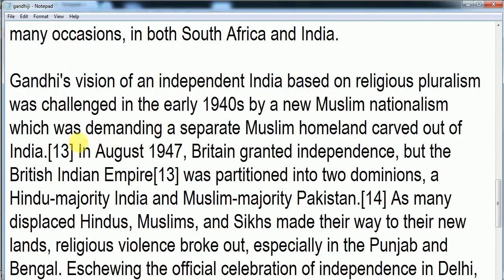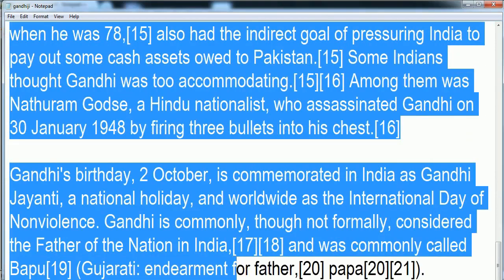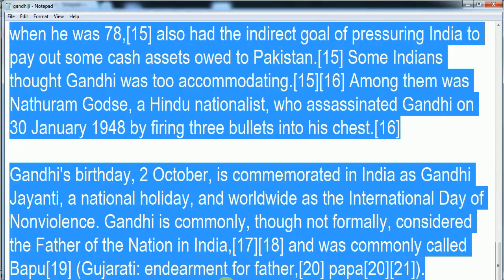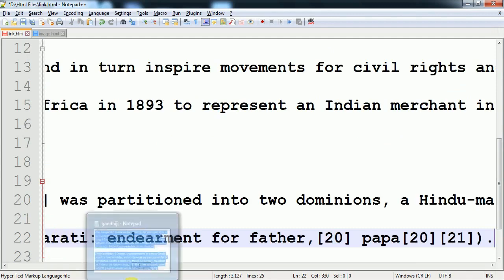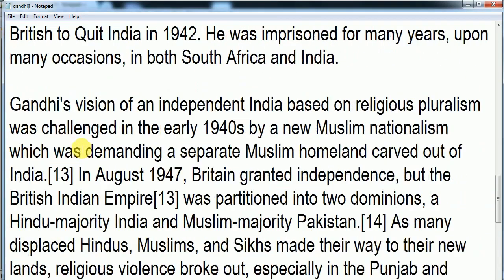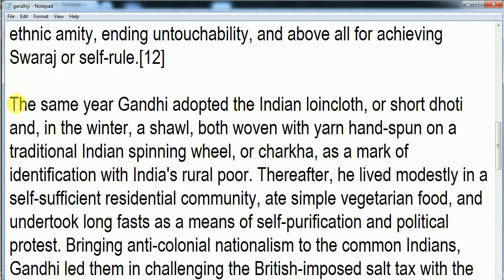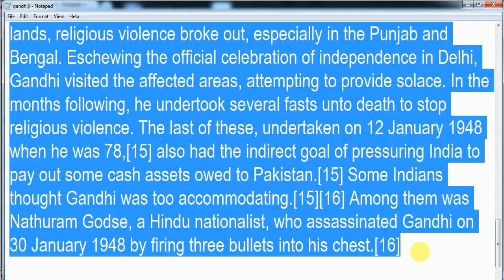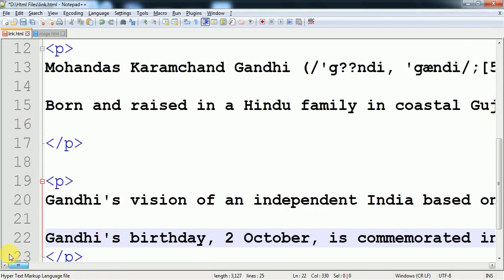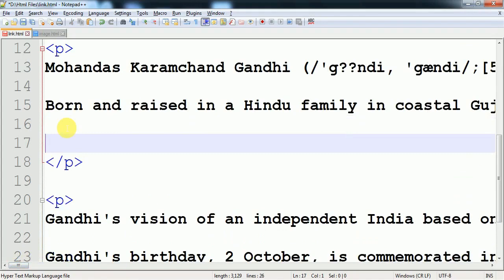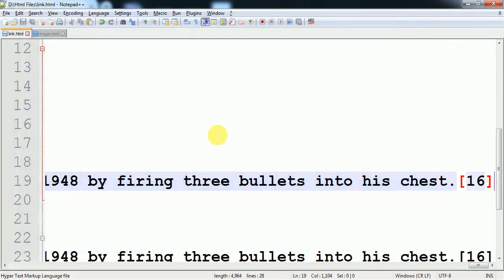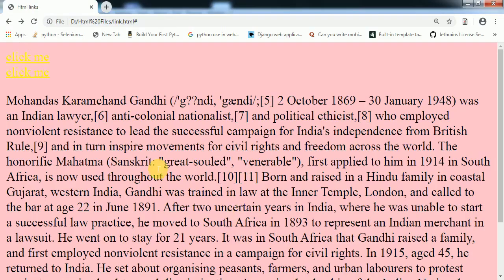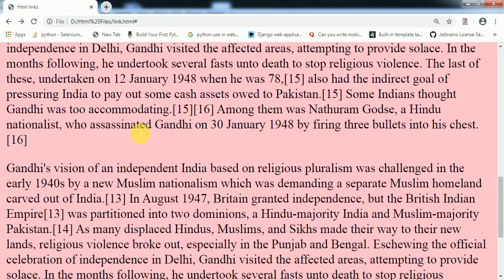Okay, I'll pick up this paragraph from there, this one, and this remaining paragraph is left, so I paste it in the previous one. So here I paste it. Okay, now Control S, close this one, Control S. The complete paragraph is there.